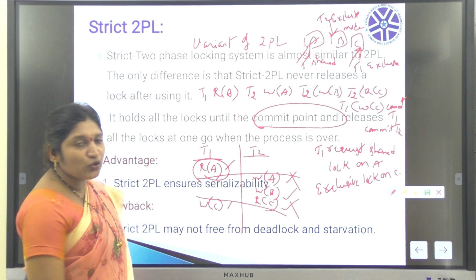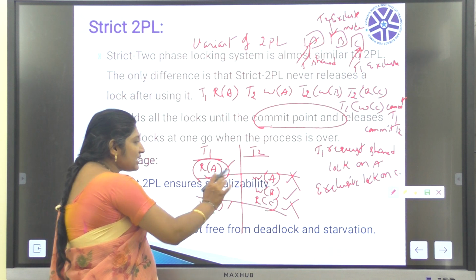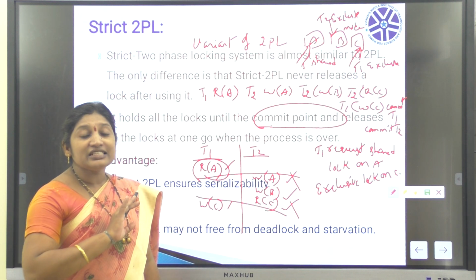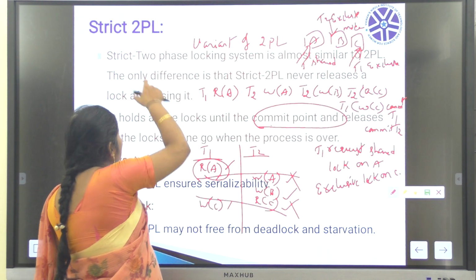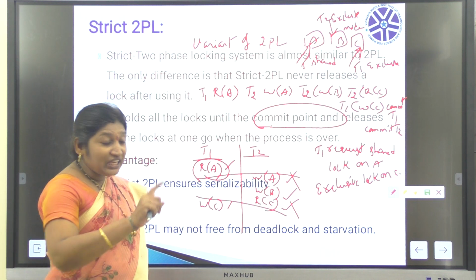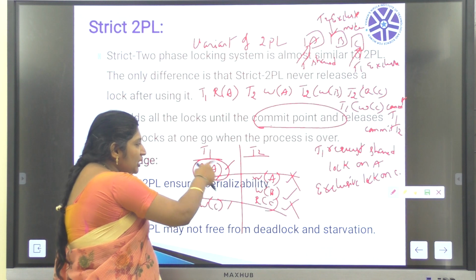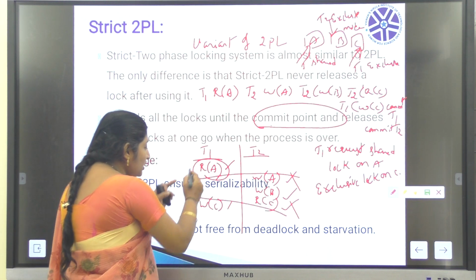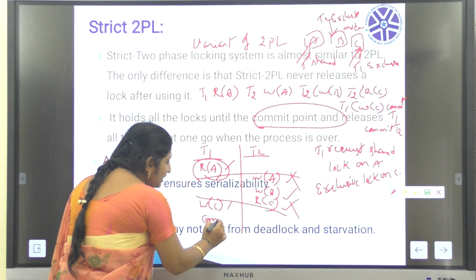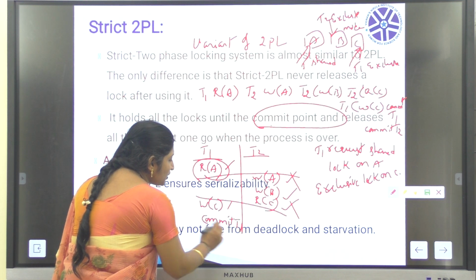In the case of normal 2PL, once the transaction completes any action, it starts to release the lock on that particular data item. Now, in the case of strict 2PL, even though T1 has completed R of A, it never releases the lock on A, and it releases the lock on A only at the point of commit.